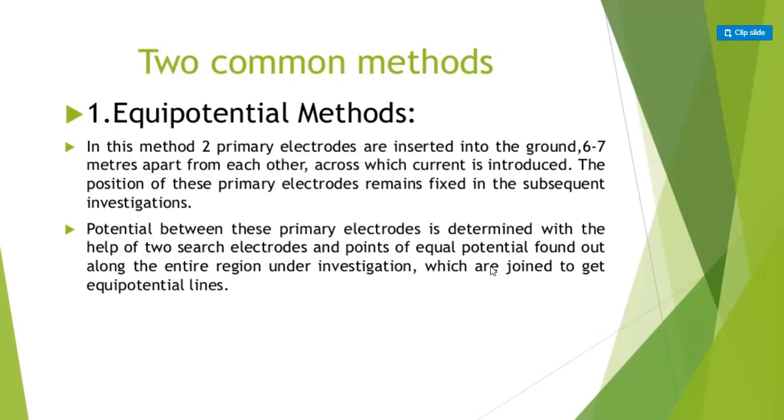The apparent resistivity ρa is expressed in units of ohm meters. The instrument used to carry out these methods is known as the resistivity meter. The current and potential electrodes are generally arranged in a linear array. The most commonly practiced arrays are the Schlumberger array, Wenner array, and the dipole-dipole array.